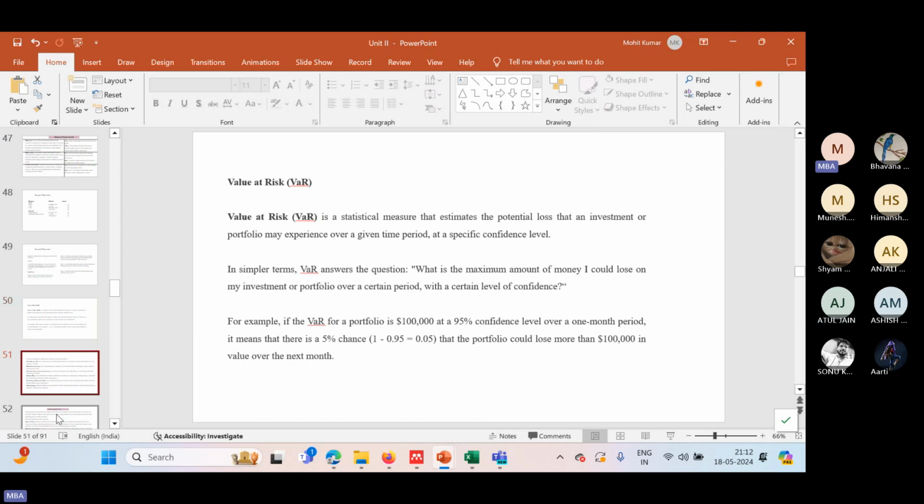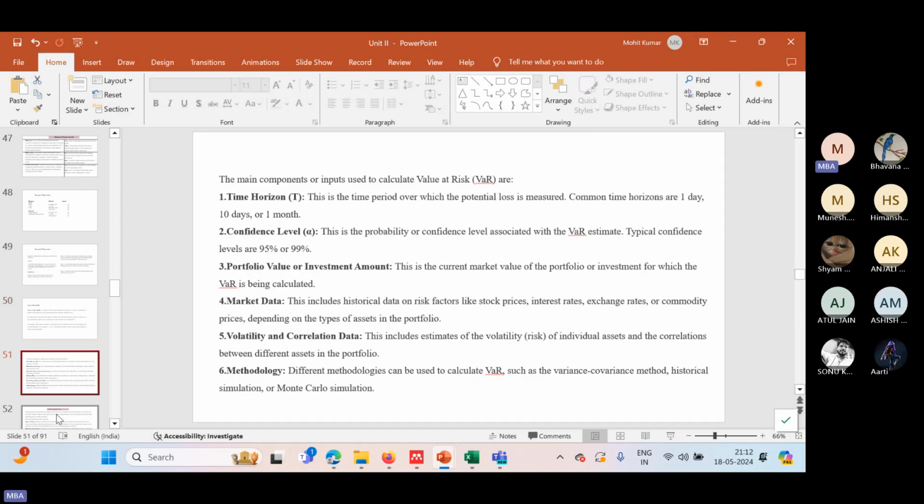So we finished with gap analysis, value at risk. Value at risk, we had components we discussed. It should have a time horizon, it should have a confidence level, and the portfolio value or investment amount. You need to download the historical data, then you calculate volatility,